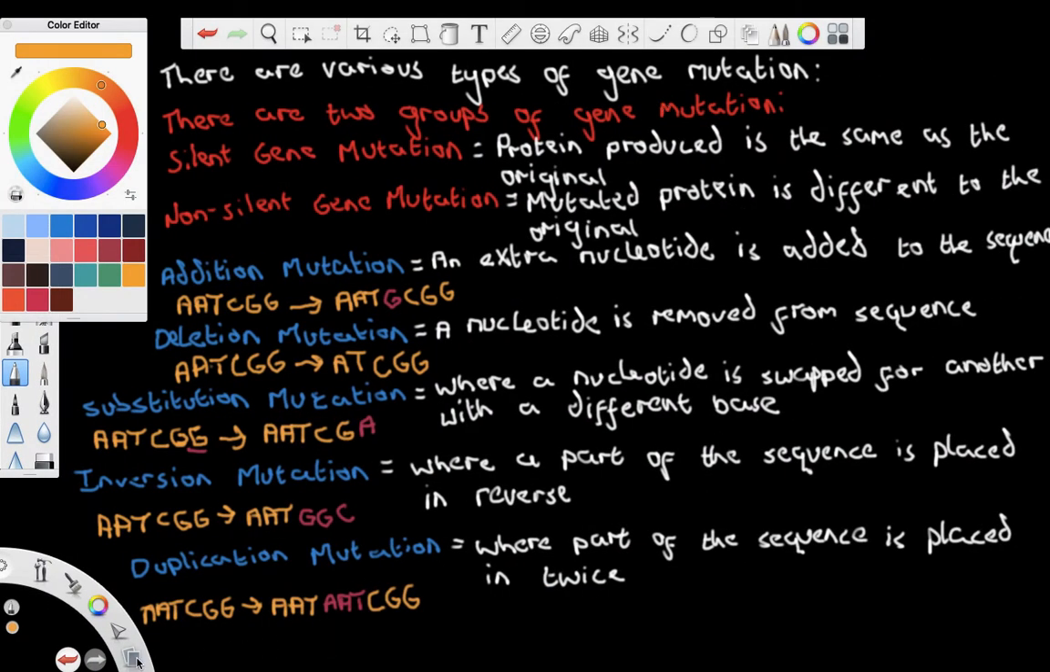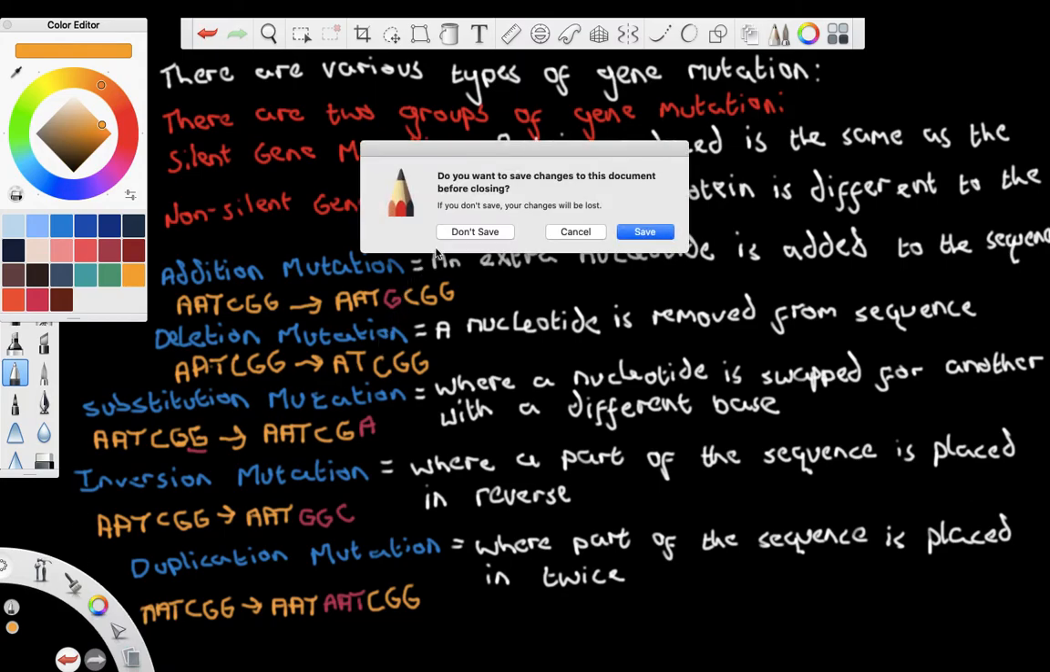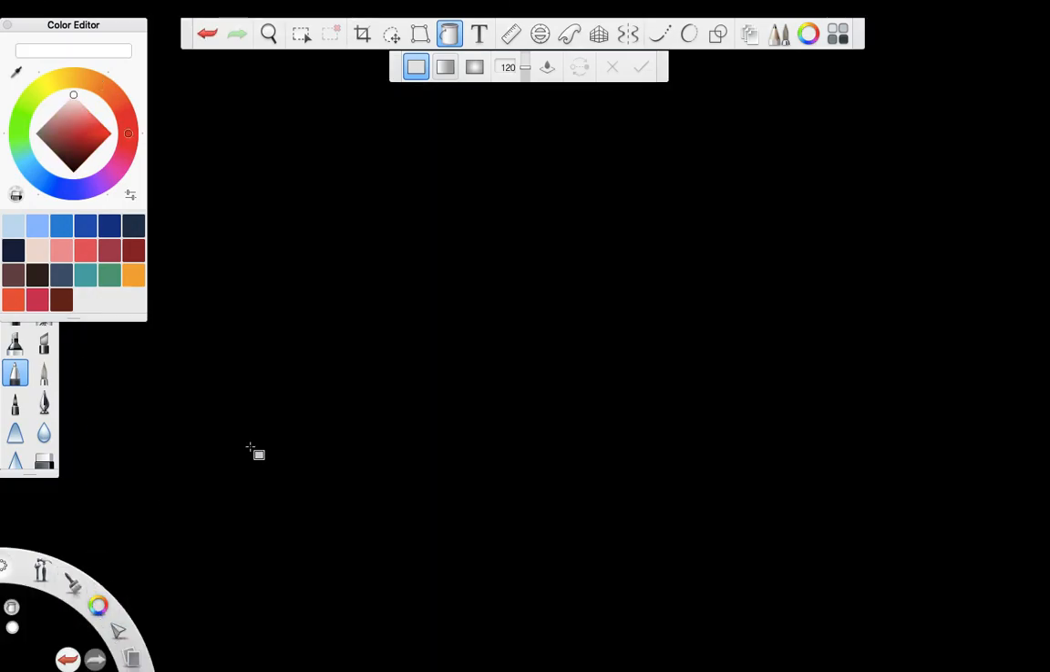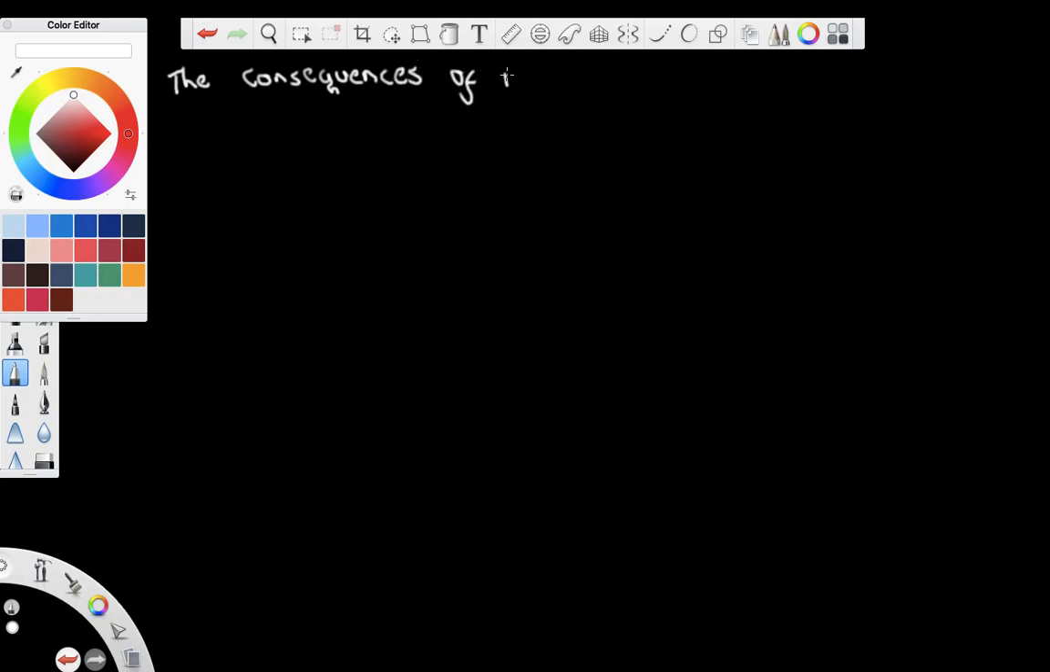So if we have a final think about the consequences of gene mutation, so if we can put the subheading please, the consequences of mutation, and we've said